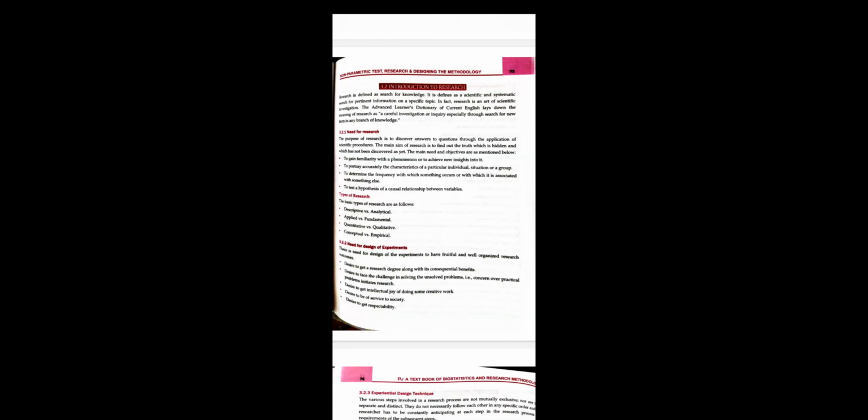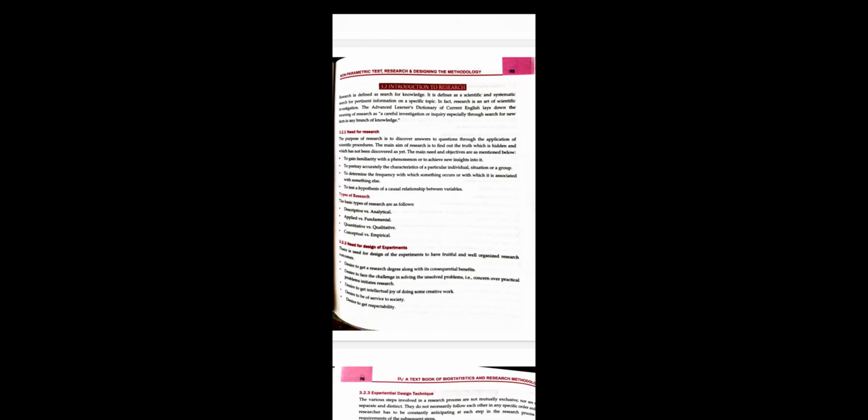There is a need for design of experiment. If we want to design anything, the experiments should be fruitful. Fruitful means that it provides all the data and well organized research outcomes. Look, research is nothing but